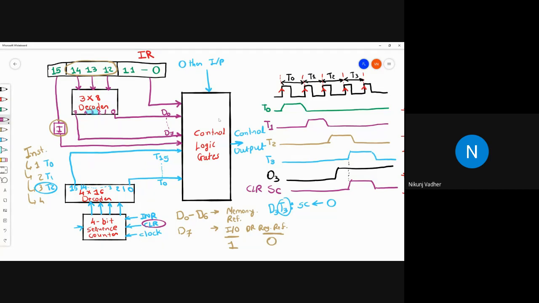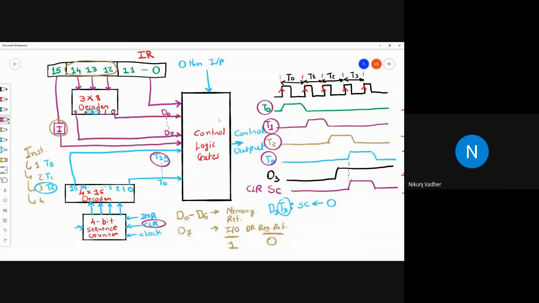Now, whenever the next instruction is fetched, again it will start from T0, T1, T2, T3, and move on in that direction. At max we have T15.